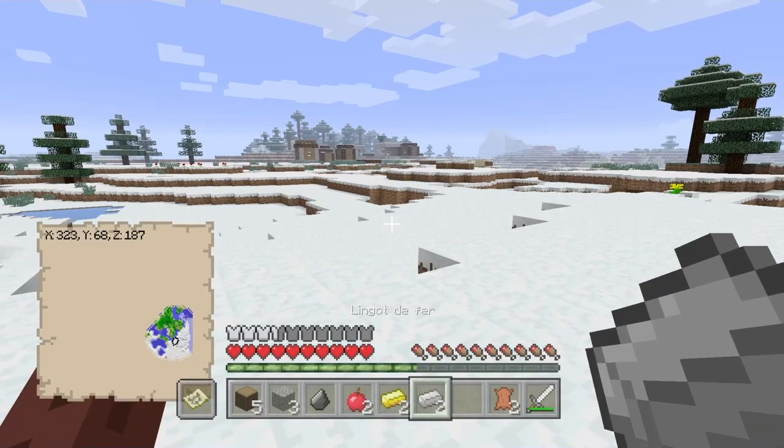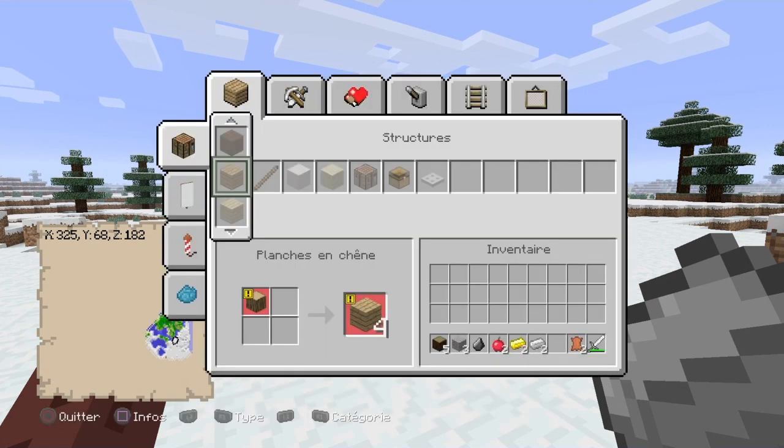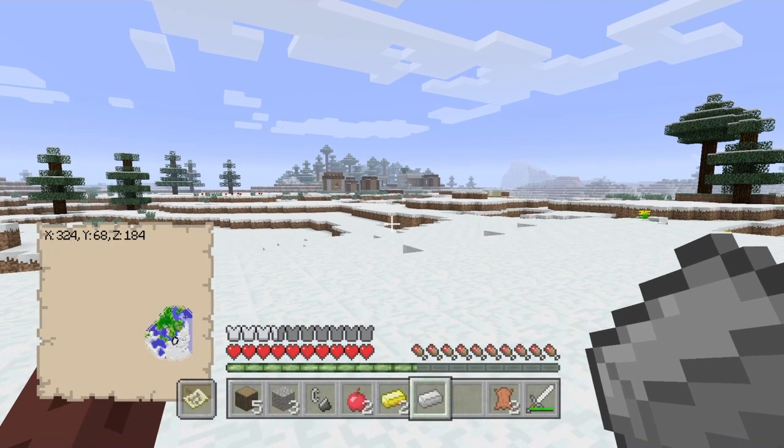And now, on your way, see I'm looking sort of southwest-ish now to that village over there. On your way, you're going to open your crafting, go to the equipment. Oh my god, I'm so sorry. I'm still coughing. You want to craft your flint and steel. And that leaves you with one